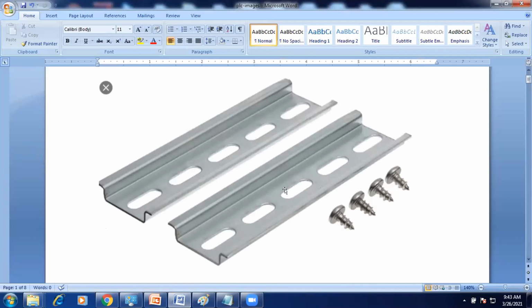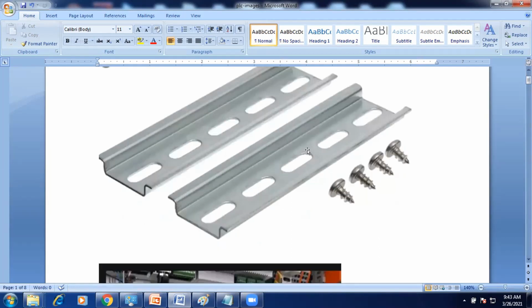It is used for mounting components, that is circuit breakers or any industrial control equipment inside the equipment racks, for attaching terminal blocks and other small electrical components to the flat metal panel. So this is considered a DIN rail.